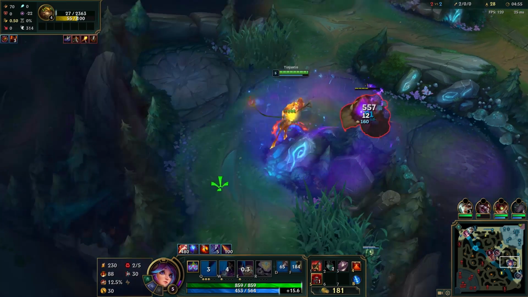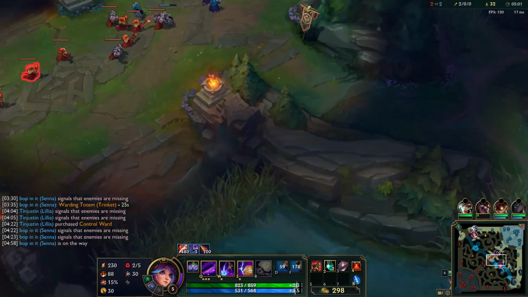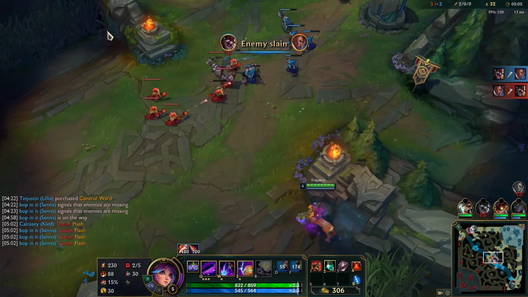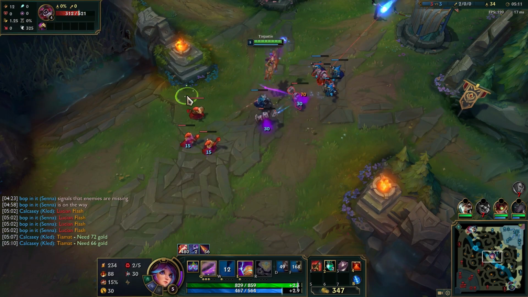Elise shows up again mid lane, and yeah, that's kind of what Elise does. She just goes between lanes and starts killing. These guys trade under tower, so I actually want to push this wave in, except a little...